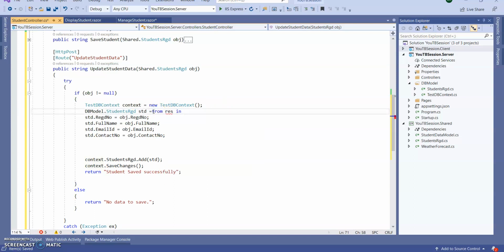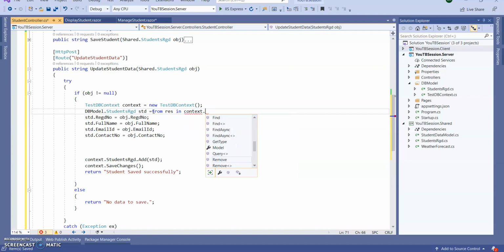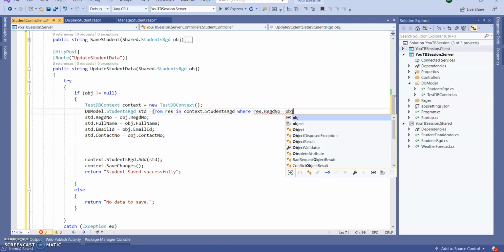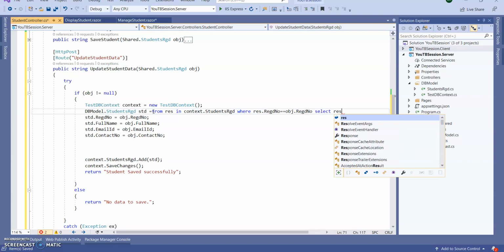I'm going to write a lengthy LINQ query to make it more understandable. Context dot student registration where res dot registration number equal to obj dot registration number. Okay, then select res.